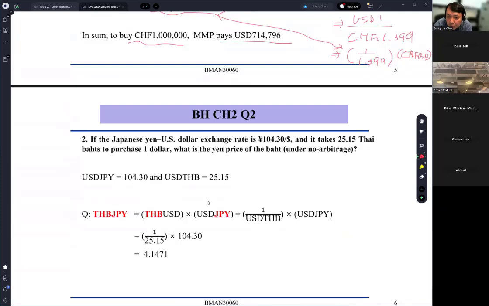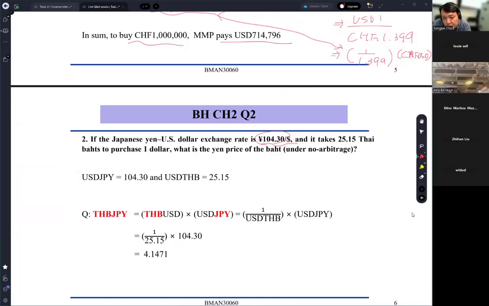That's question one. Question two: if the Japanese yen US dollar exchange rate is this one, so for $1 you have to pay this amount of yen. It is too difficult. So I need to assume that you know everything in the review slide for lecture 1 at least. Anyway,